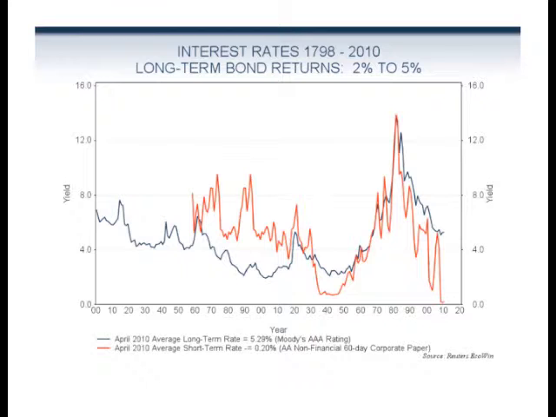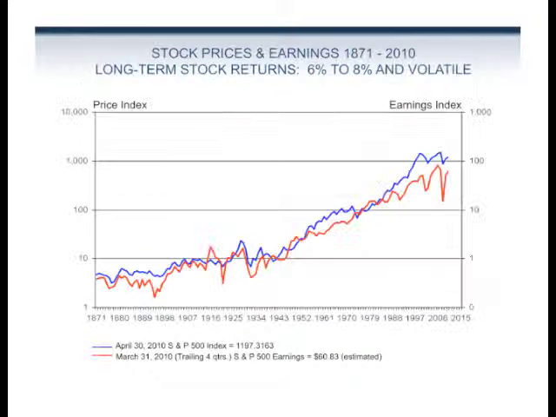Going forward, something's got to give here. As short rates go up, we think long rates will go up, and even though inflation right now isn't an immediate threat, in the long run there's been a lot of stimulus in the economy, and the danger is that inflation will take hold again. So we believe that bond yields will rise over time. The question is when. It's coming. Within the next couple of years we'll see bond yields higher. So we think that long-term bond returns are going to fall in a range over the next 10 years of about 2 to 5%.